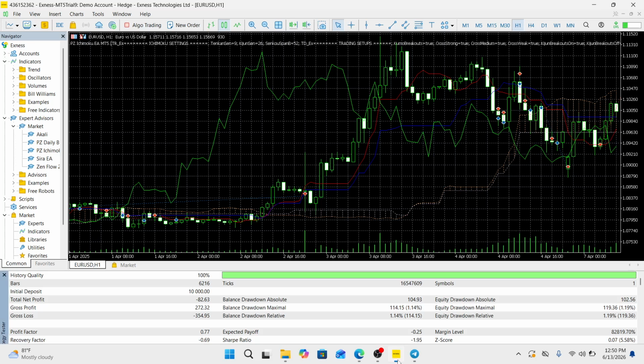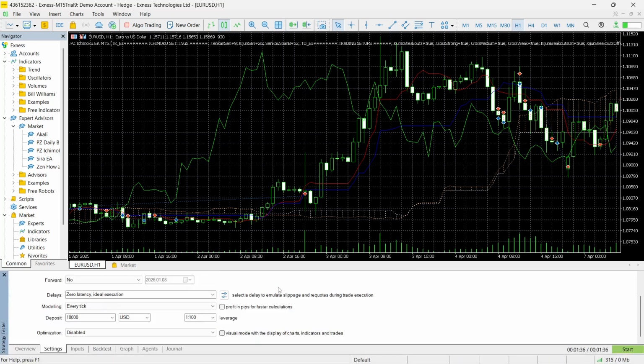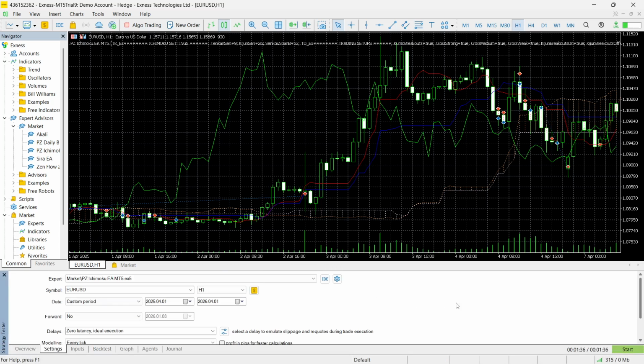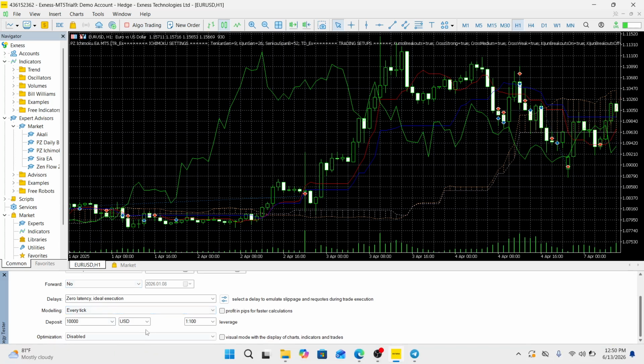Alright, now for my own backtest, I was able to run it on the same pair as in their strategy test reports, the EURUSD, on the same time frame as well, the hourly. But my backtest period was for 1 year from 2025 April 1st to 2026 April 1st, for an initial deposit of $10,000. All right. So I ran it over recent data with good history quality, and looking at the equity